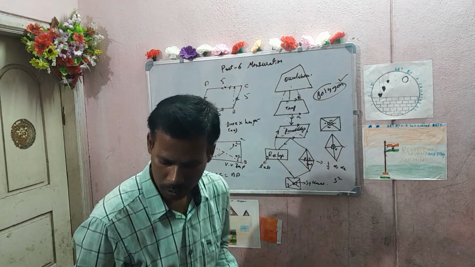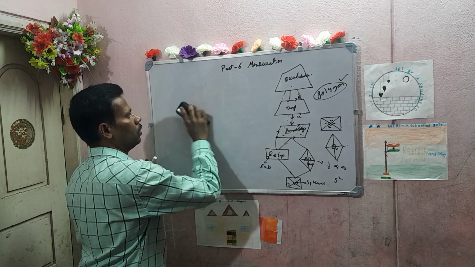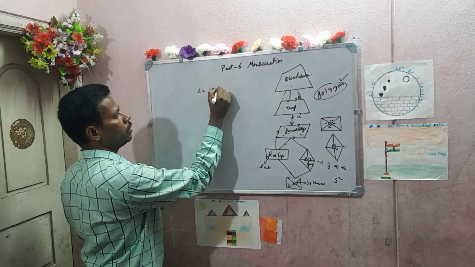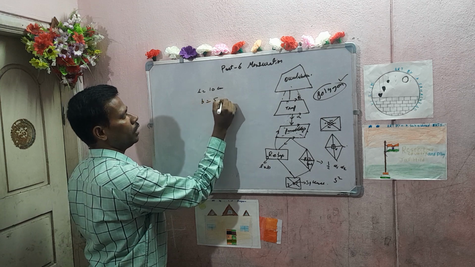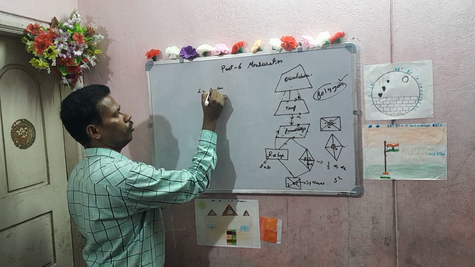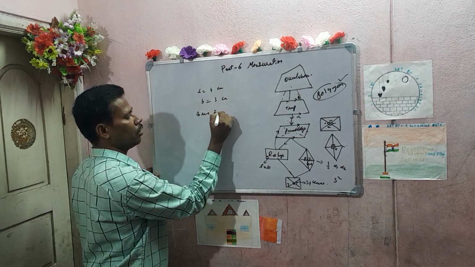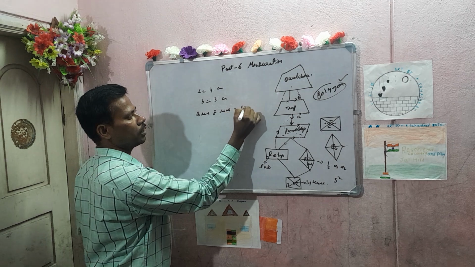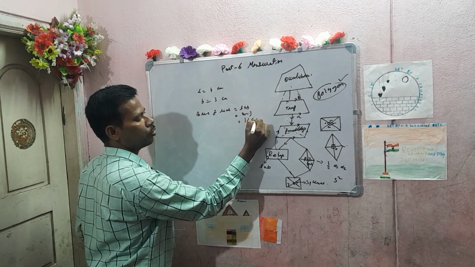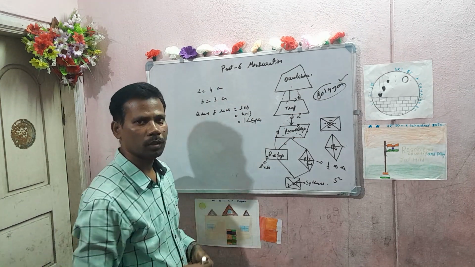Now, in problems they will give length is equal to 10 centimeters, breadth is equal to 5 centimeters, or say length is equal to 4 centimeters, breadth is equal to 3 centimeters. What is the area? Area of rectangle. What you will do? Simply write length into breadth. 4 into 3 is nothing but 12 square centimeter. Actually, what does it mean? Square centimeter means,